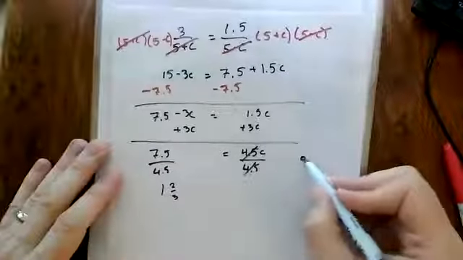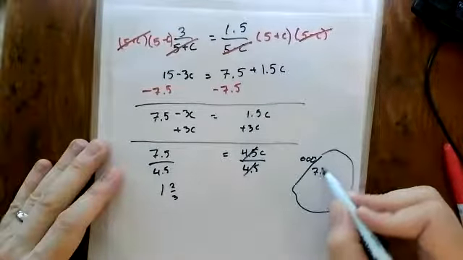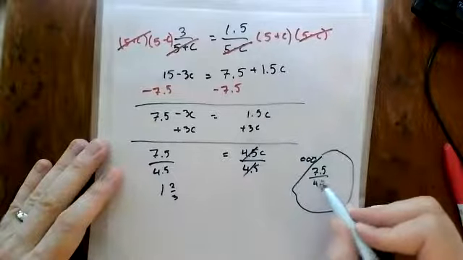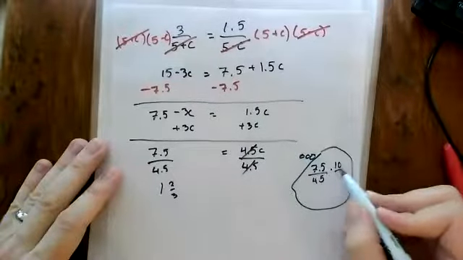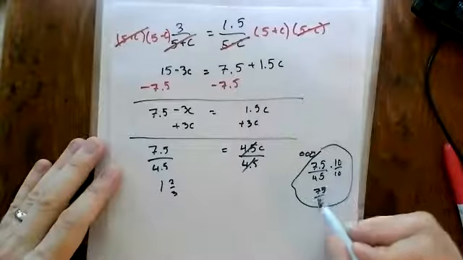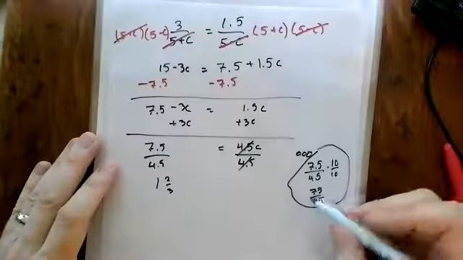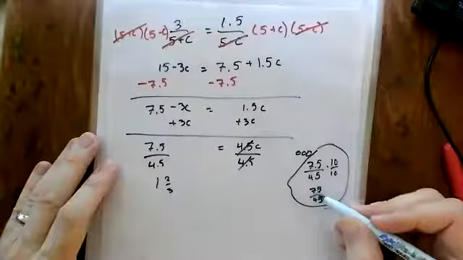And just thinking about that, I could say, okay, 7.5 over 4.5. I'll multiply this by 10 over 10 to get my decimal point over. So that'd be 75 over 45. And I could divide both of these by, it looks like